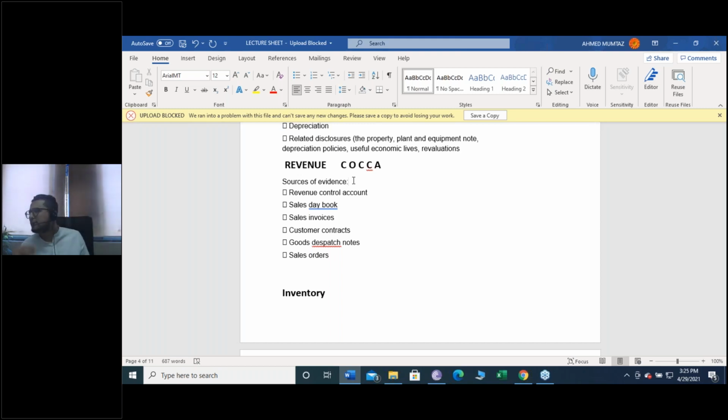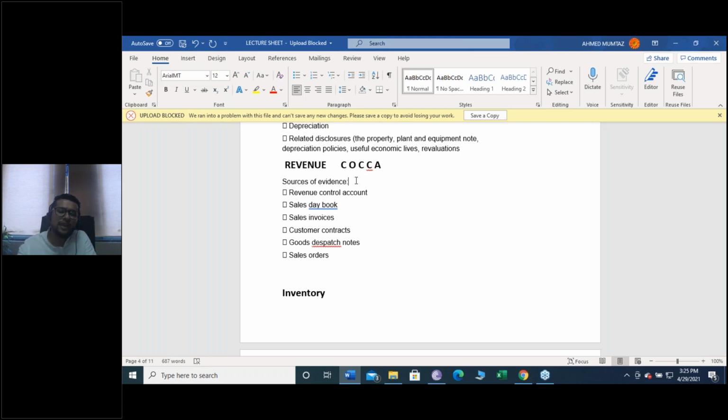Why am I selecting from the pre-year end? Why am I selecting from the post-year end? Because I will follow through and I will trace them. The wording is I will trace them. I will match them. Those goods dispatch notes which have to do with the pre-year end should be recognized in the year-end revenue. And those goods dispatch notes which I selected from after the year end should not be recognized in the revenue. This is how you are going to verify cutoff.